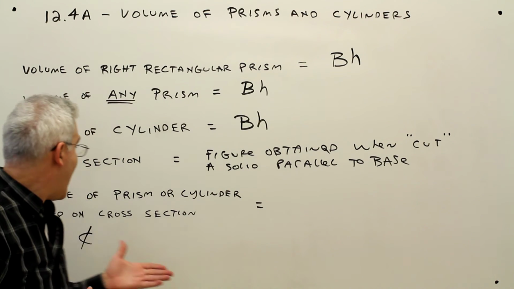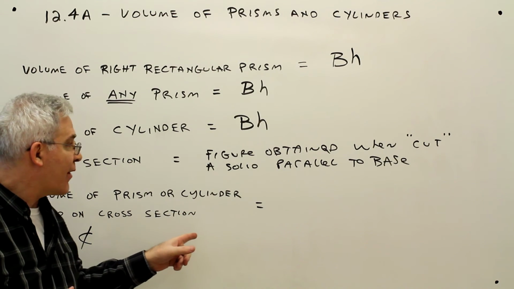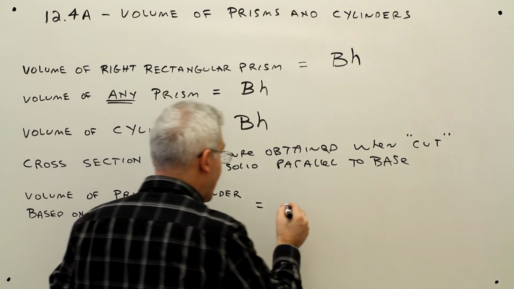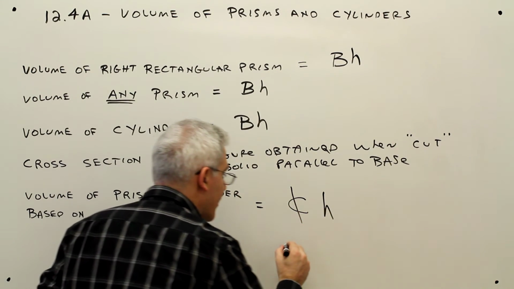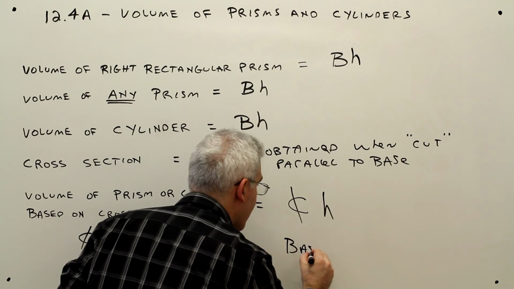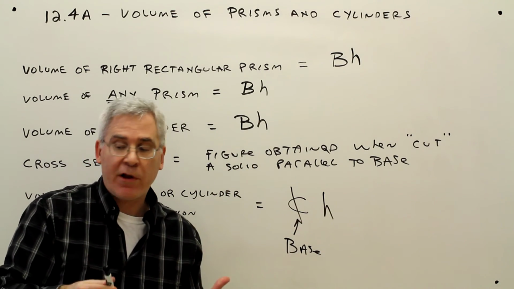So based on all of that, the volume of a prism or a cylinder based on cross-sectional area is simply the cross-sectional area times the height. So this is kind of like the area of the base. And as one more example,